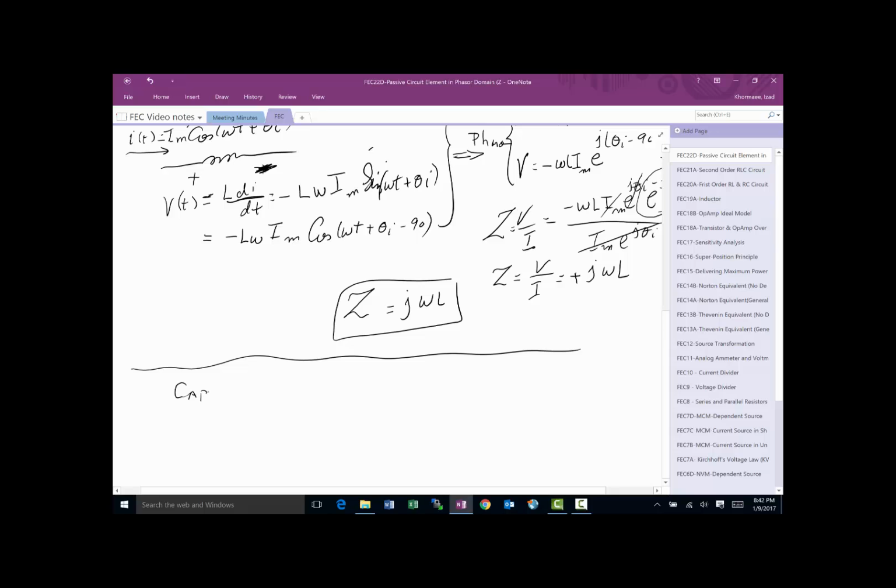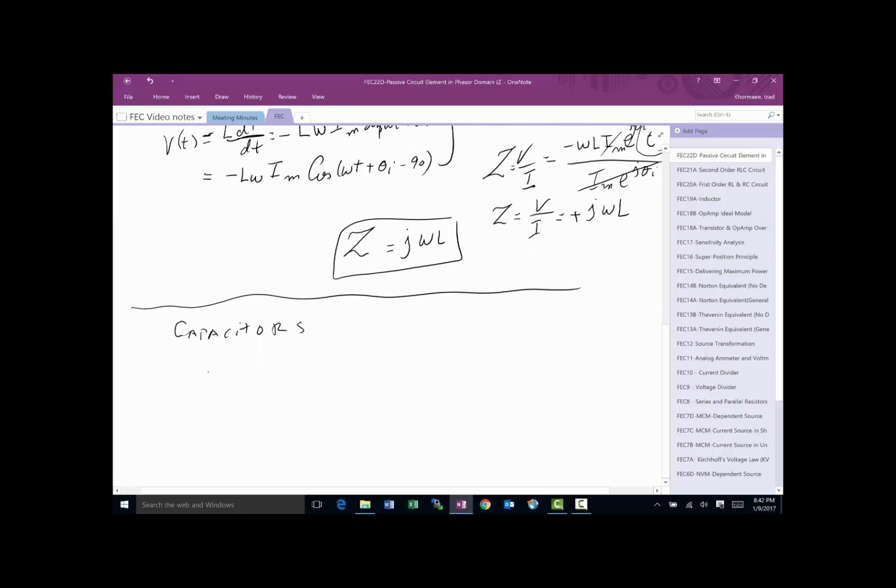And the last thing, following the same exact process, is that we can do the same thing for a capacitor. We're going to do it a little bit differently. So if this is my capacitor, let's say this time I have a voltage across it, v(t) equal to Vm cosine of (ωt plus θ_v). If that is the case, then